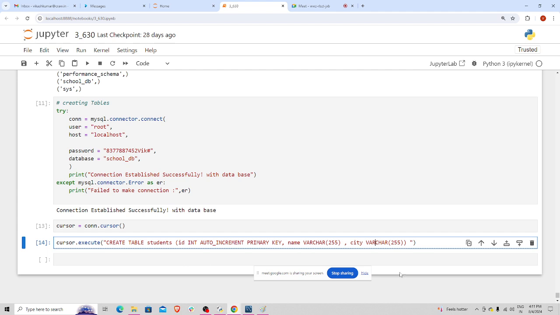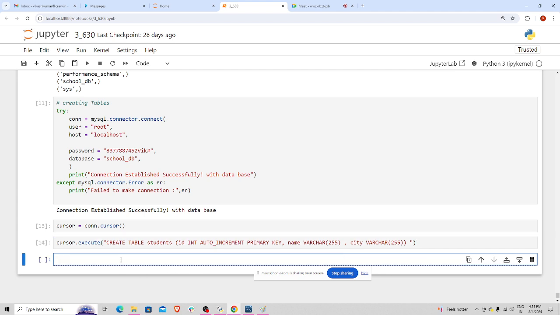Now we have successfully created a table here, and now it's time to store the data of different students in our table here. So to do this, simply